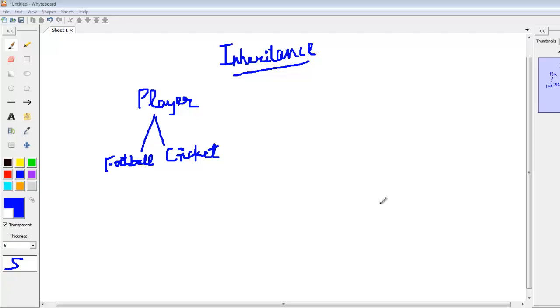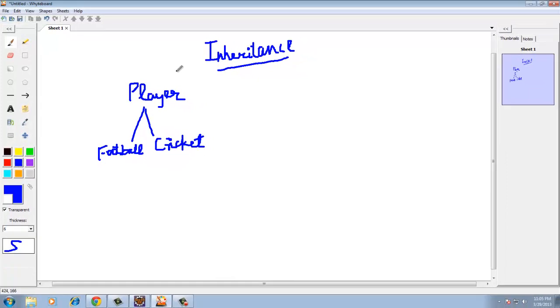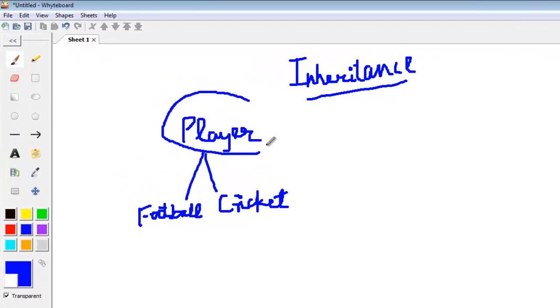So today we discuss one of the most important topics of OOPS, that is the third principle, which is inheritance. Now this is one of the most important topics beginning in Java. So what inheritance really means is reusability of code. So suppose we have a class of players and we can define some code or some properties which are specific